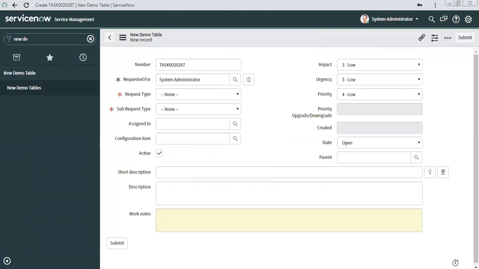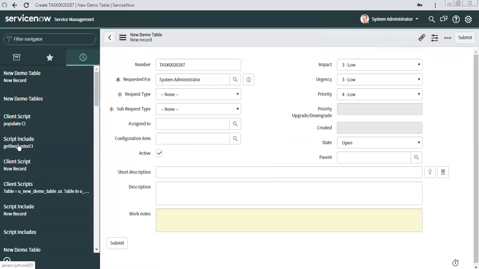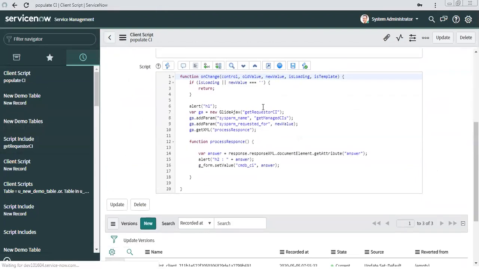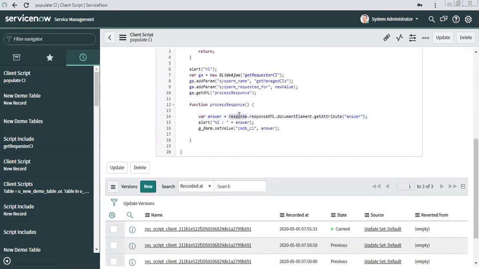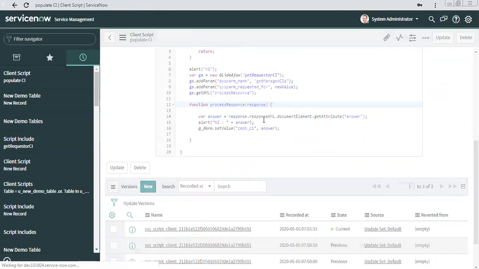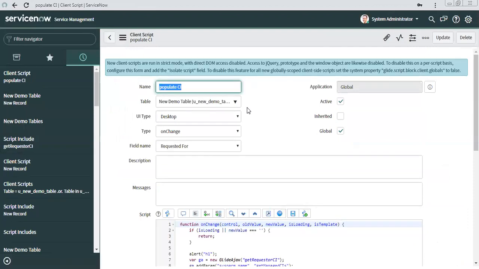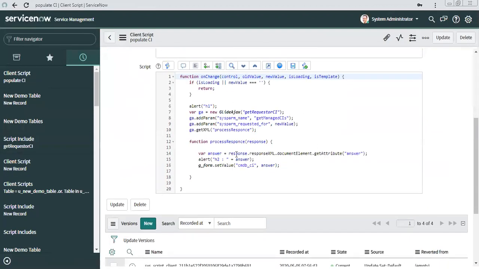Okay, so what is missing? Let's go back to script. Oh, I missed this part. So this response needs to come here. What is this response? This is something like the callback will get what is sent by the server again. So that is inside, also a keyword, right? Yeah, keyword. So most of these keywords you will find fixed here.